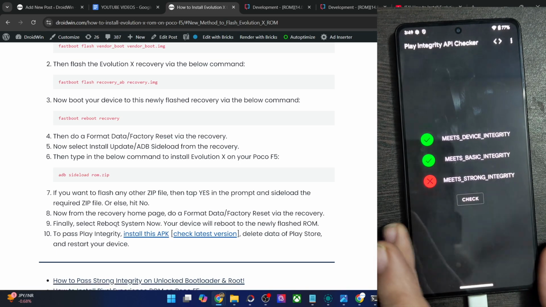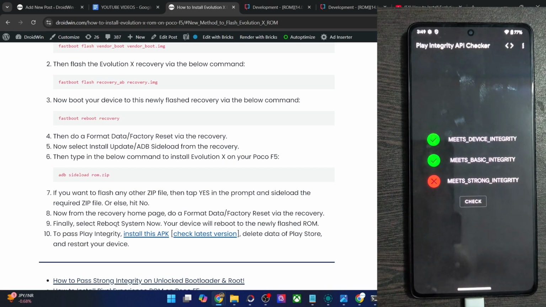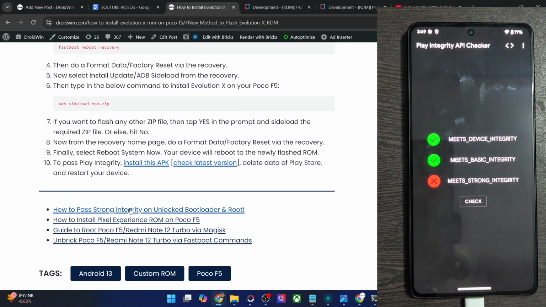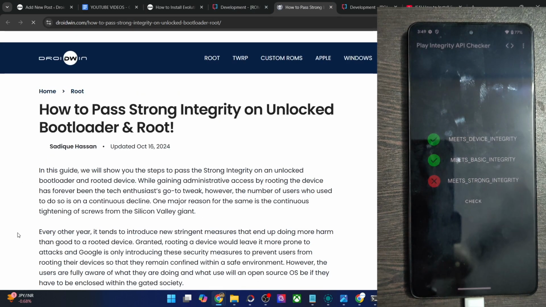Now if you want to pass the strong integrity as well, because there have been a few banking and payment apps which now require you to pass the strong integrity test as well, then you will first have to root your phone, and I made a video and a guide on how you could root any custom ROM. Once you have obtained root on your custom ROM, you may refer to my guide to pass the strong integrity, and then you will pass all the 3 tests